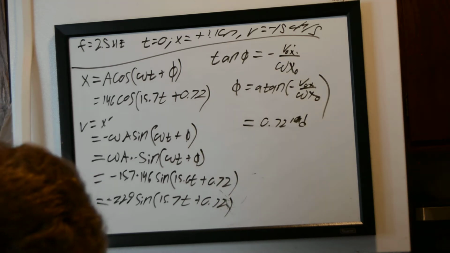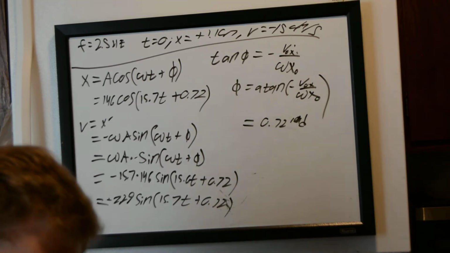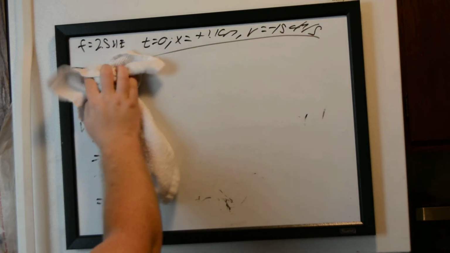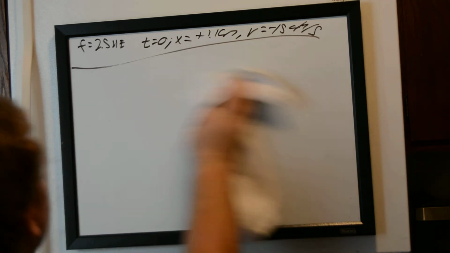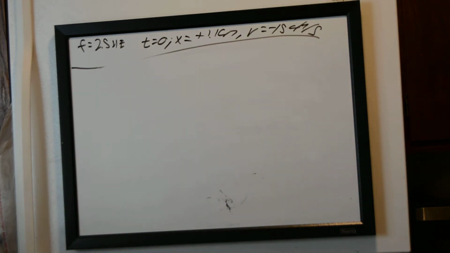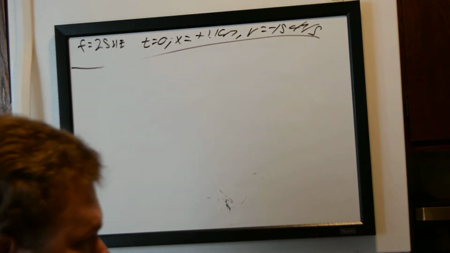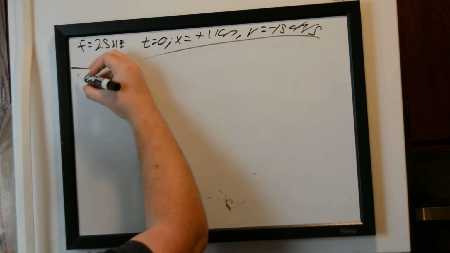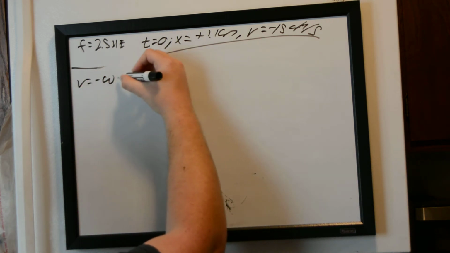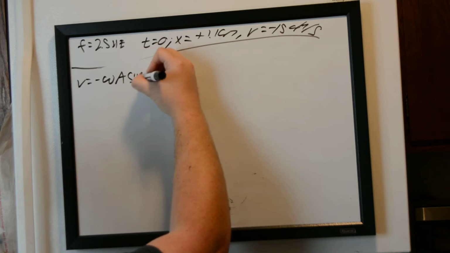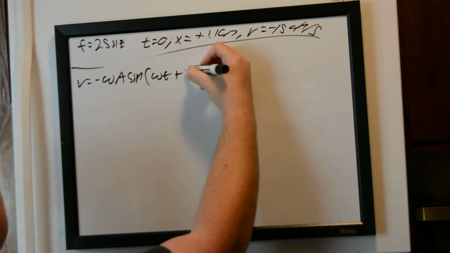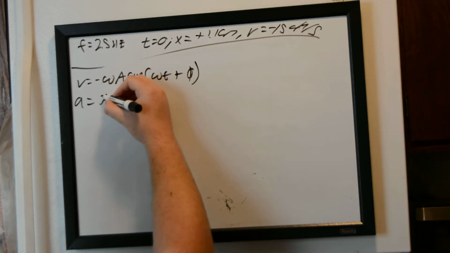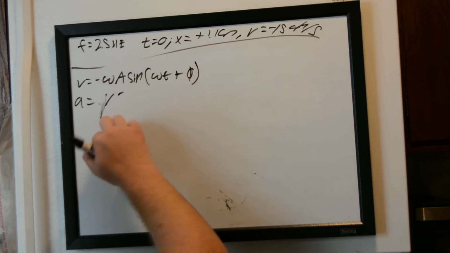And then for acceleration, we have the same deal for finding the acceleration. We can just take the derivative of our velocity, or the second derivative of position. And we can go ahead and go through that again. So we have that our velocity is equal to sine plus phi. Alright, so to take the acceleration, which is equal to v prime, or the derivative of velocity,